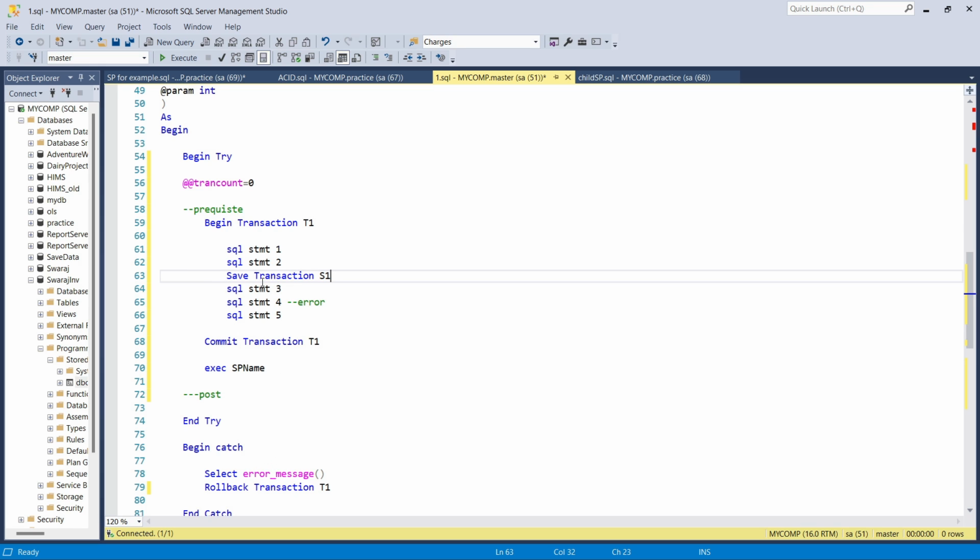Then SQL statement 3 will execute, SQL statement 4 will execute, and after the execution an error occurs. Then control is passed from here to the catch block, and what we have written here is roll back the transaction T1. So the entire transaction will roll back. If we write rollback transaction S1, it means